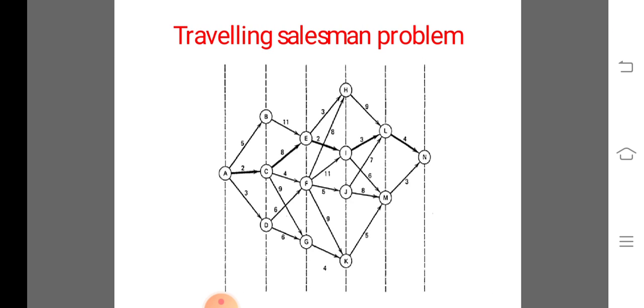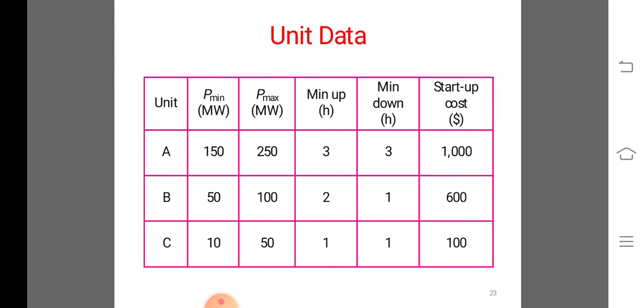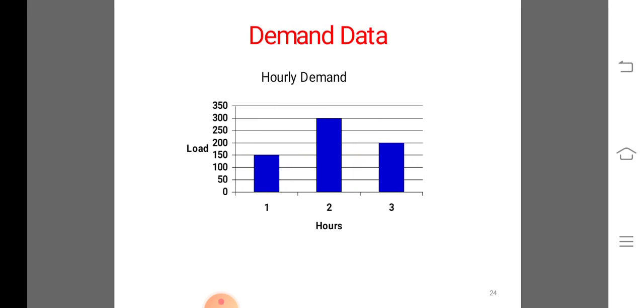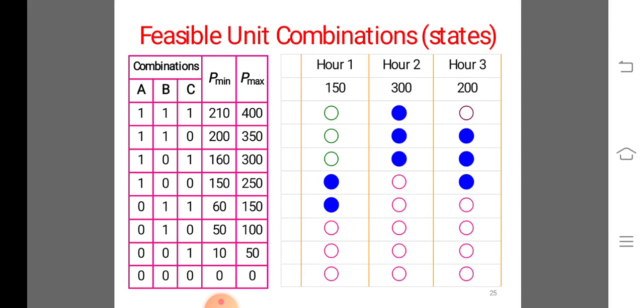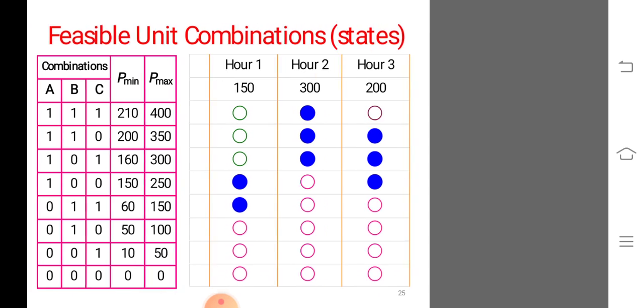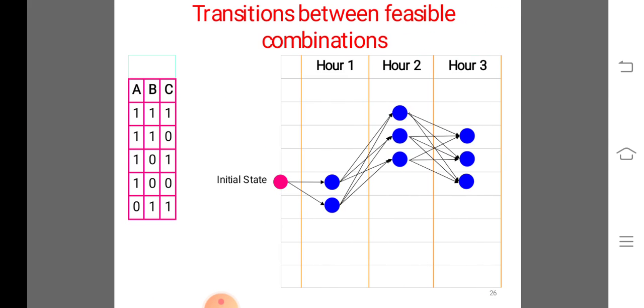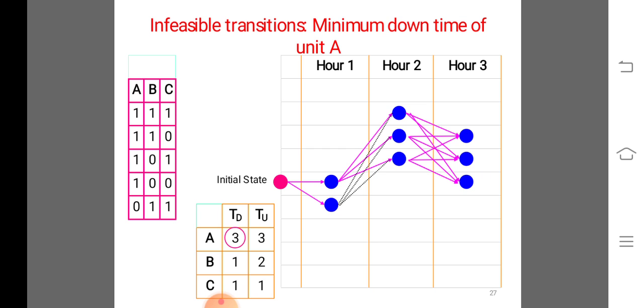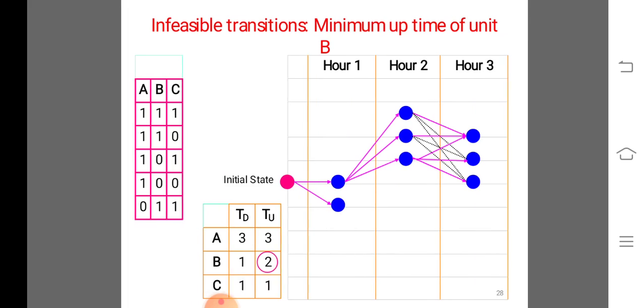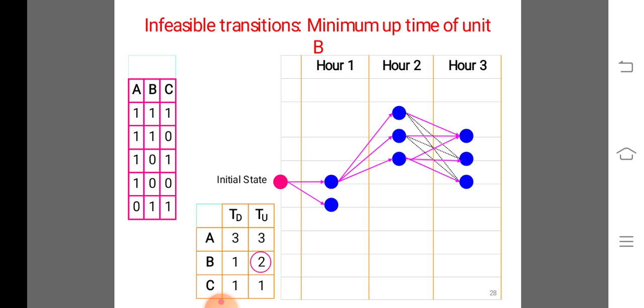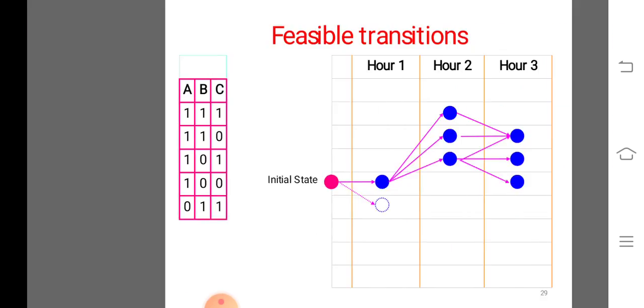This is like the traveling salesman problem. Here is an example. This is the unit data mentioned for dynamic programming. This is the demand data. These are the feasible unit combinations. This shows transitions between feasible combinations: an infeasible transition, due to the minimum downtime of unit A and the minimum uptime of unit B,